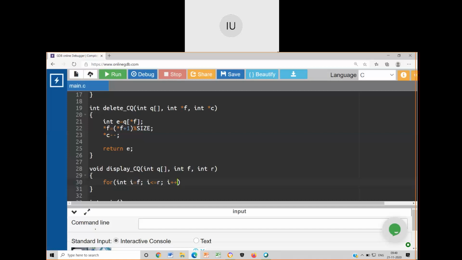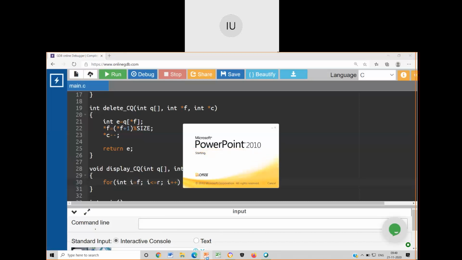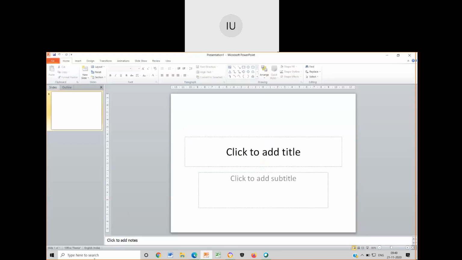Whatever I have written, is it correct or not correct? Praveen, as you commented in yesterday's class also, you told me that I can utilize front.